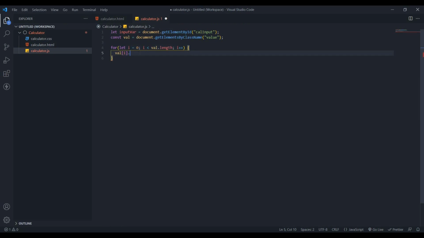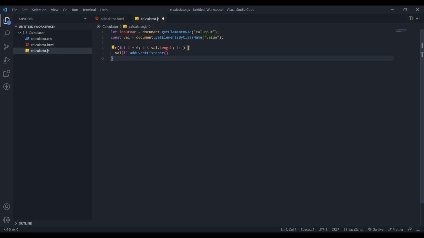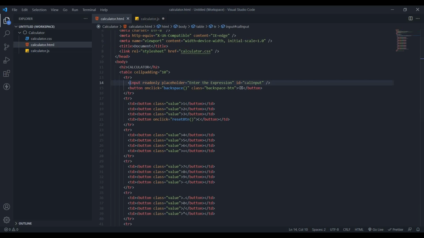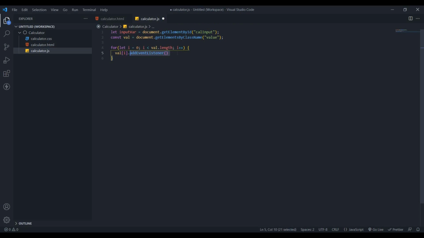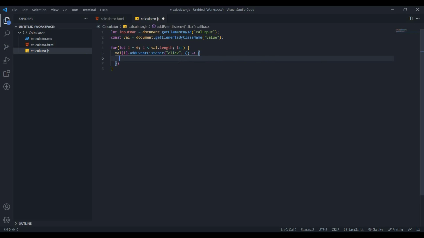So we're just mimicking that here, and we wish to add an event listener. Now addEventListener is a method that, like the name says, adds an event to the particular element that we are trying to target. And this is basically an alternative to specifying an attribute here, like onclick or onchange. You're just directly doing this addEventListener, and we are looking for a click. We have to click the button, so we are looking for a click, and it accepts a callback function